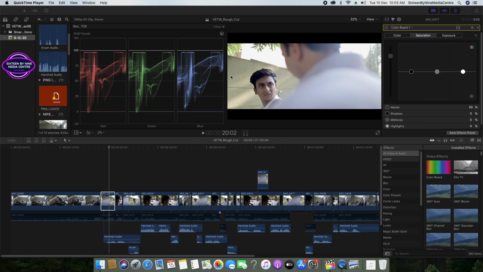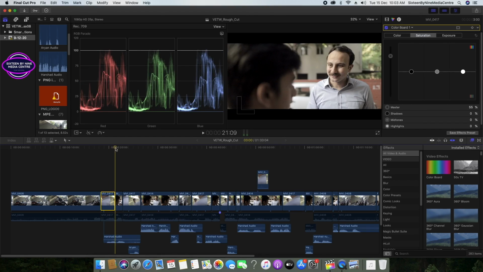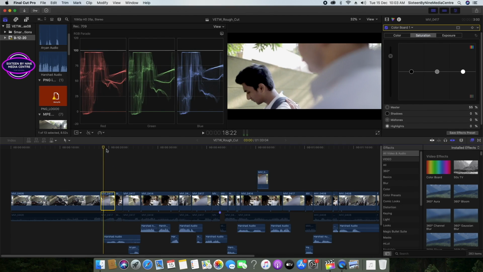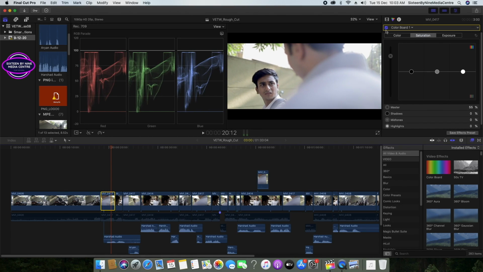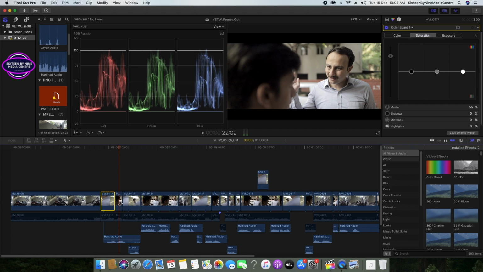So we were talking about saturation here, and you can see the difference in the face. There's more color over here. Okay, let us come to the next part and go to the saturation and increase the master saturation. We are increasing the saturation of all. You can see it is filled with more colors.